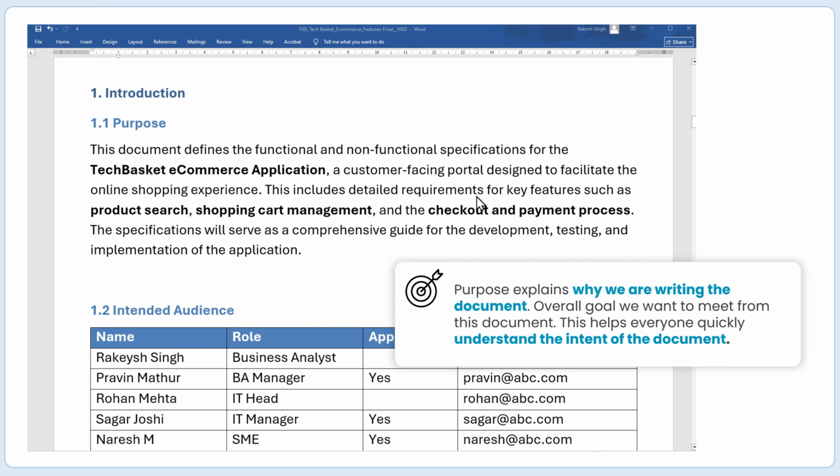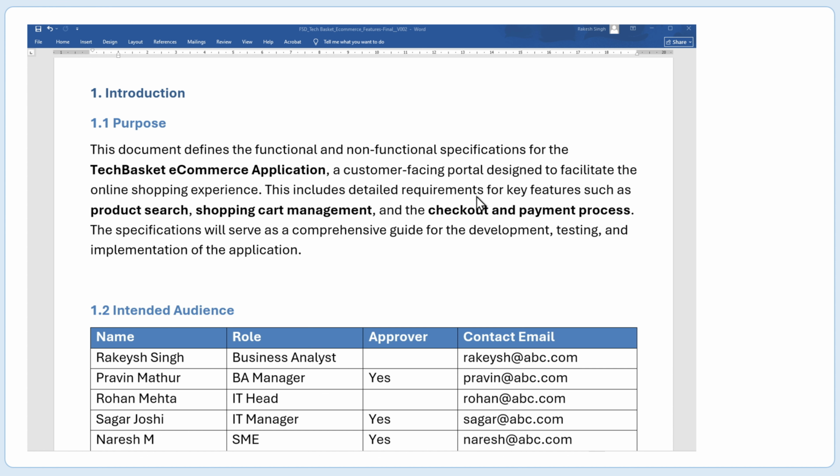So next we have the purpose of the document. The purpose explains why we are writing the document, the overall goal we want to meet from this document. This basically helps everyone quickly understand the intent of the document, right? So in this case, what we have written as the purpose is that this document defines a functional and non-functional specification